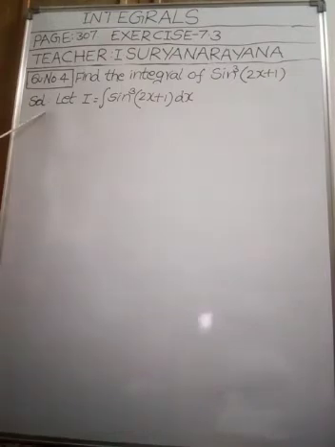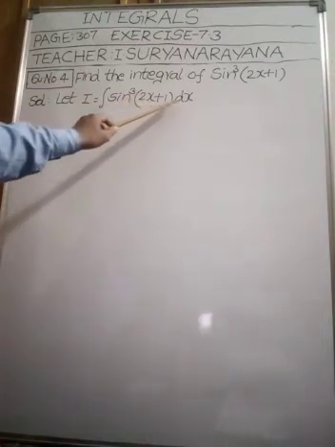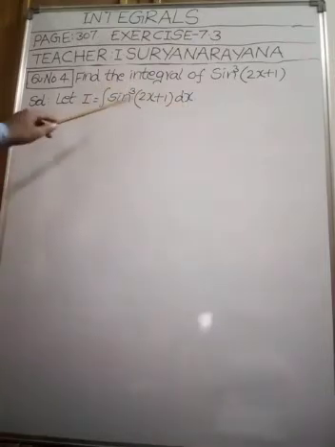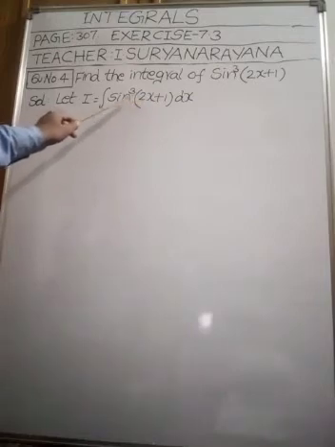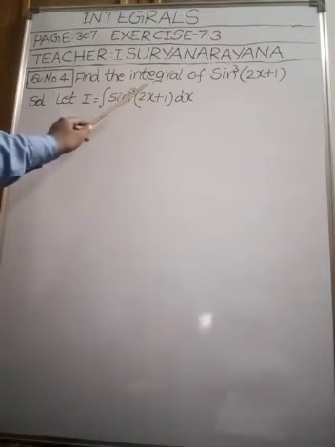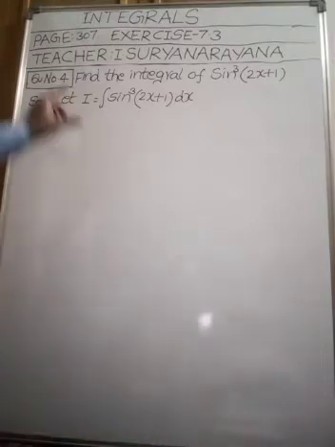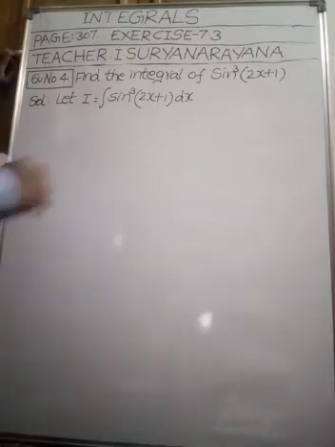Right. Now come to the solution part. Let us assume that I is equal to the integral of sine cube of 2x plus 1 dx. Understood this step, my children? If you observe the integrand, it is in the form of sine cube A. We don't know a direct formula, but from a trigonometric identity we can find the sine cube A formula in terms of multiple angles. Okay, my children, we know that